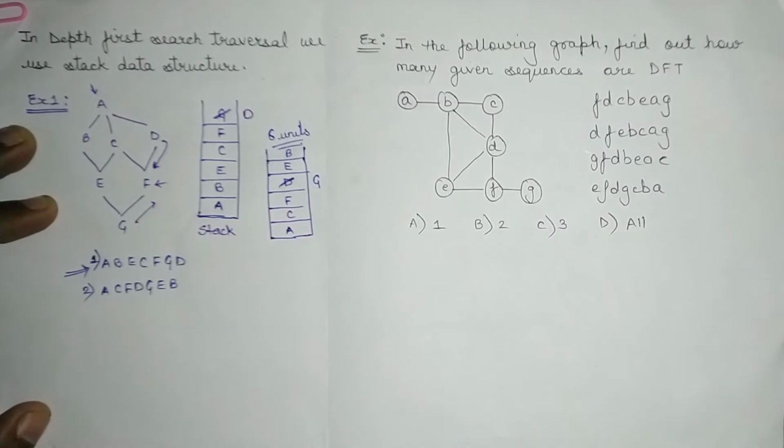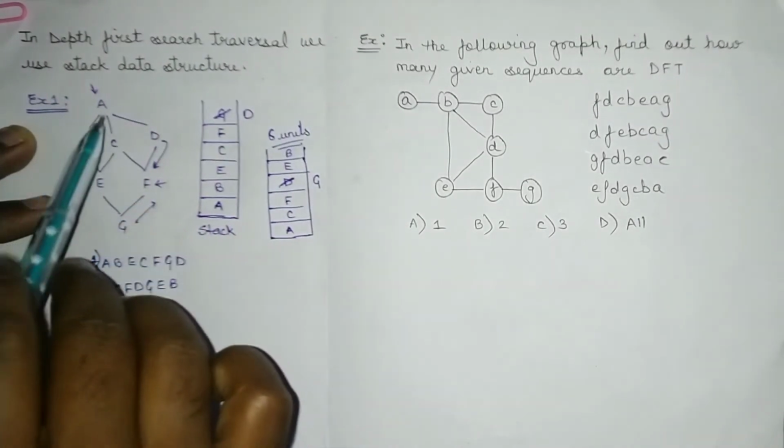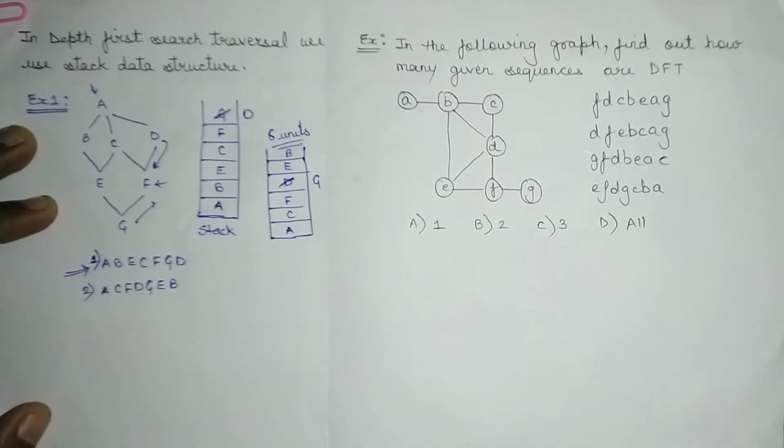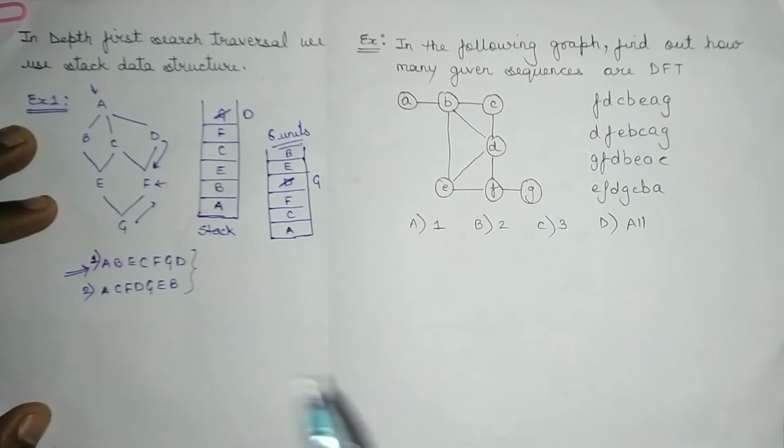So this will help you in understanding or practicing the question. Try to consider it as a practice question and practice all the possibilities that you are getting with A. These two are given. Find out the other possibilities and put them in the comments. I will let you know whether they are right or wrong.